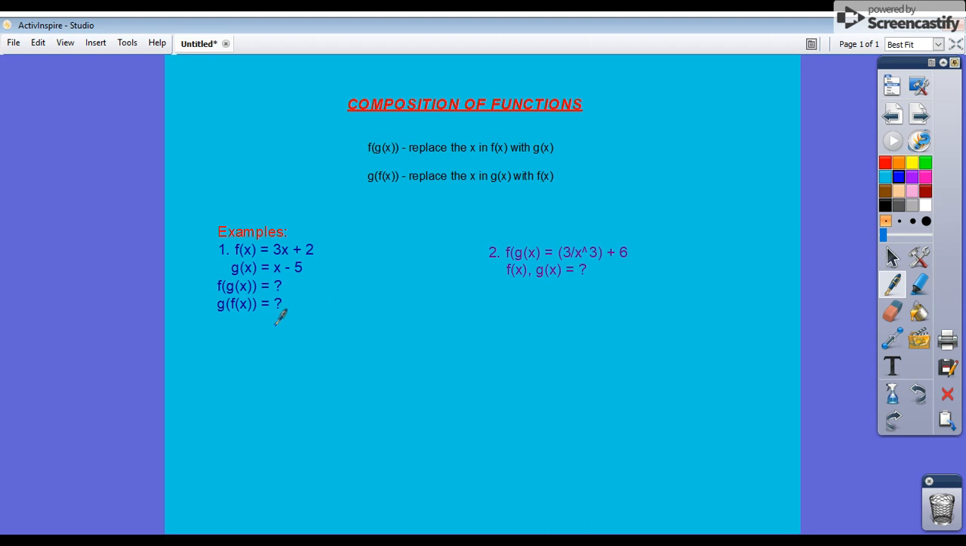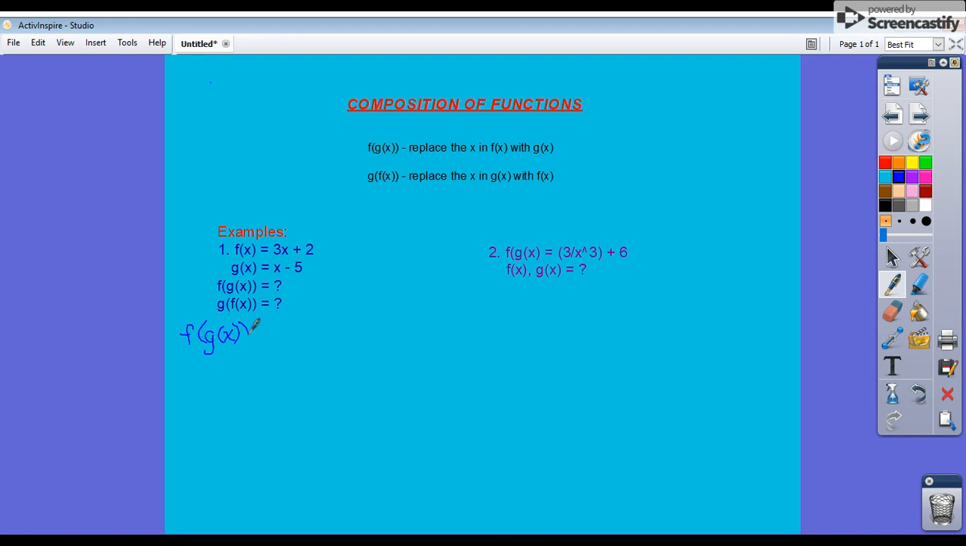All right, so we're going to work on composition of functions, which is when they ask for f of g of x and g of f of x. Notice in f of g of x, you replace the x in f of x with g of x. So if we look at example 1, we're given f of x and g of x, and we're asked first for f of g of x. So f of g of x